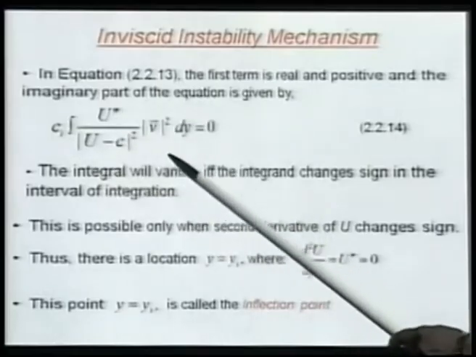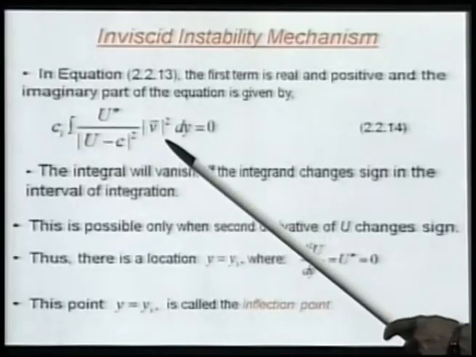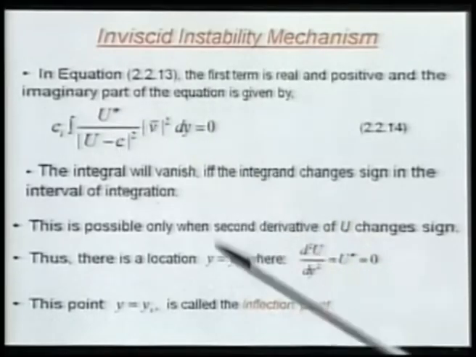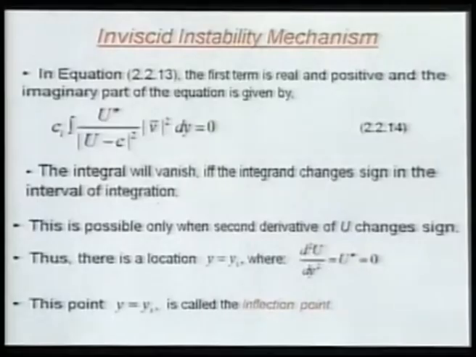Whenever this integral does not yield a value of 0, then Ci has to be equal to 0, right? So that is what we are saying: this integral will vanish when the integrand changes sign in the interval of integration,